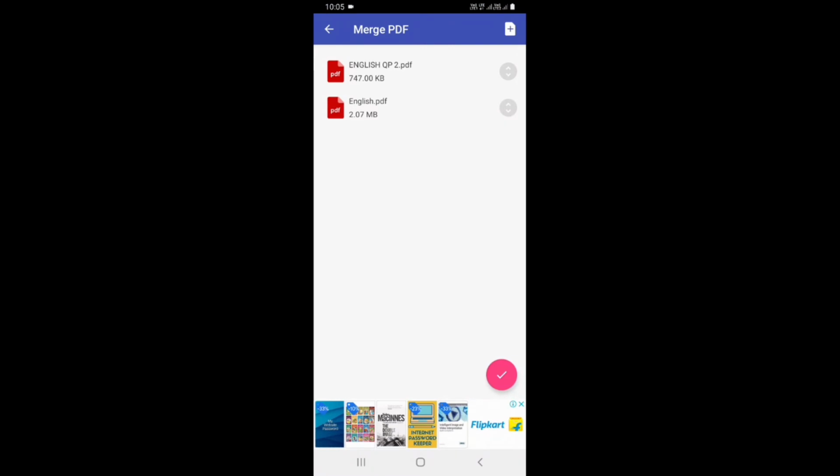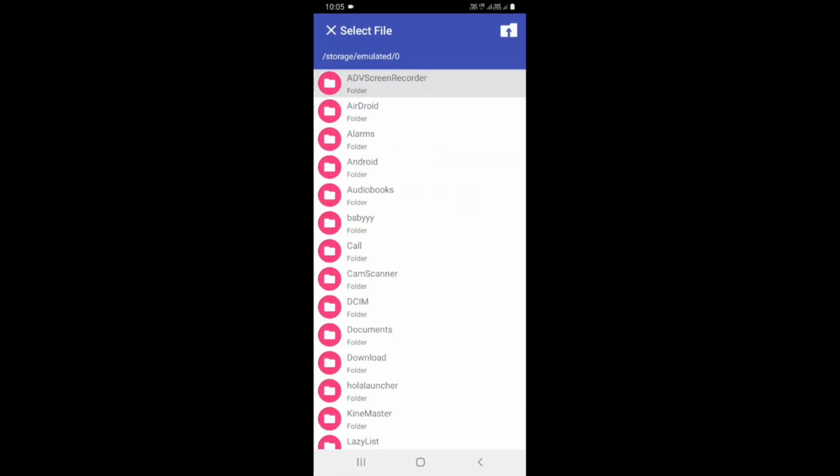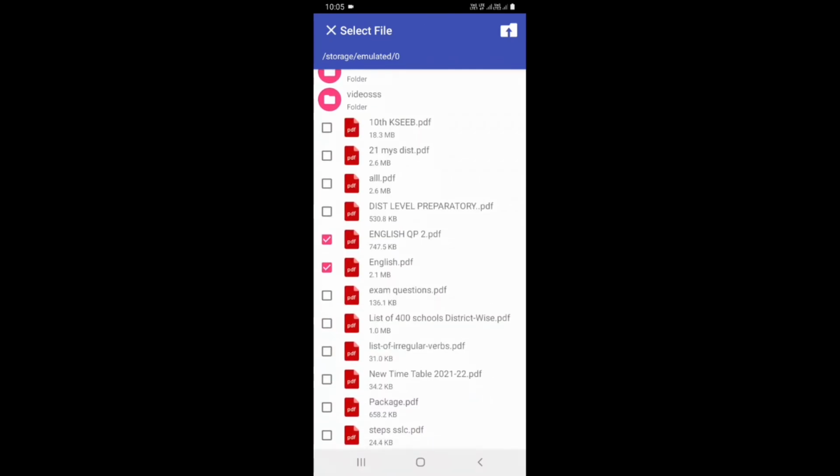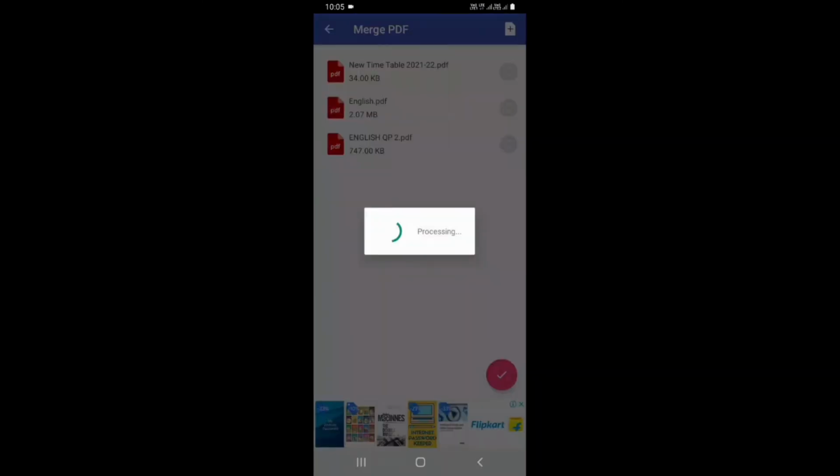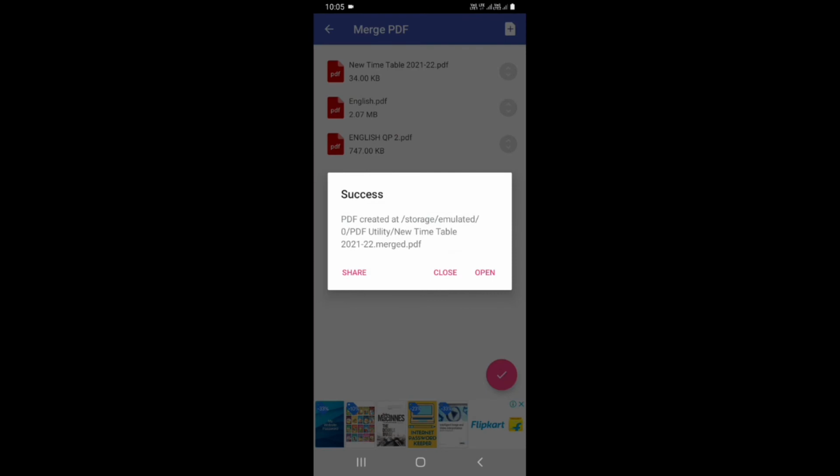If you want the second one as the first, make it first. If you want to add a third file, you can add the third file also. See here, I added a third file. You can arrange them, which one you want first, which one you want last. Then give the right mark. It will take a second, then close.